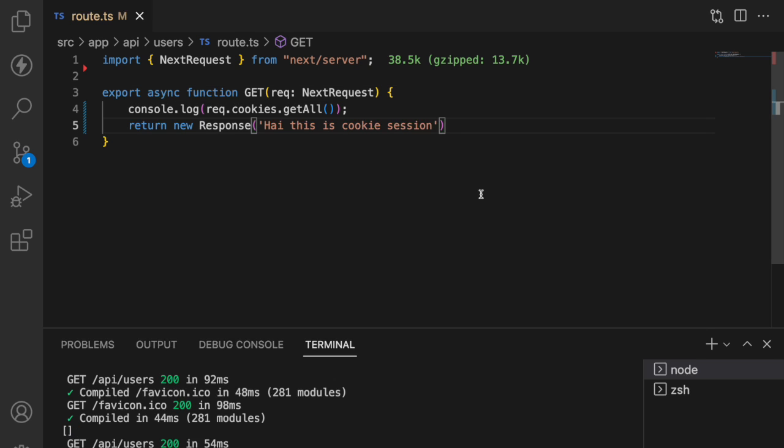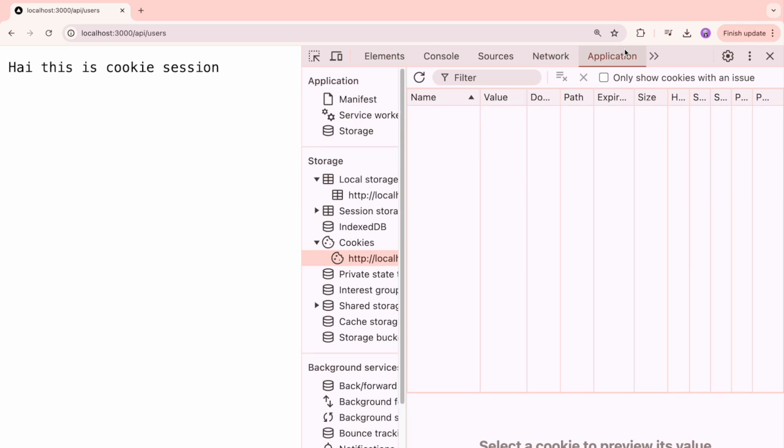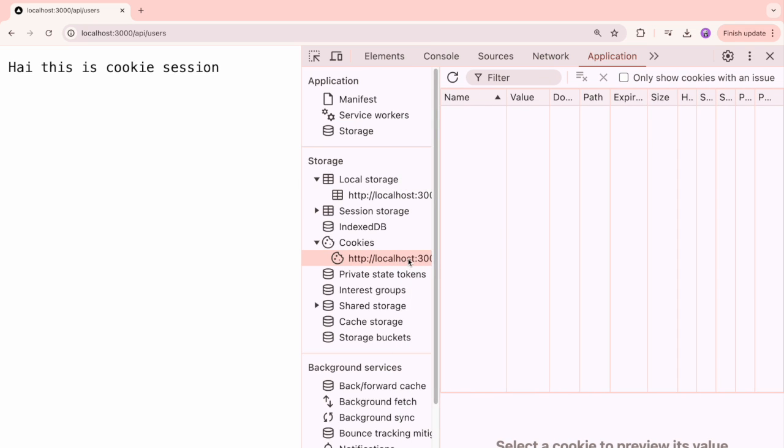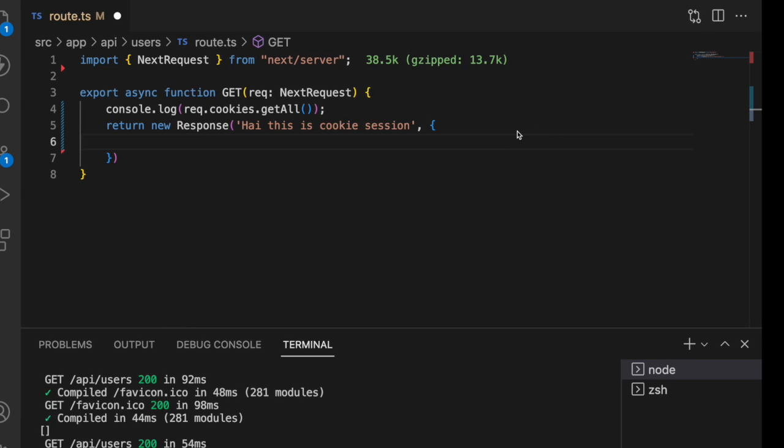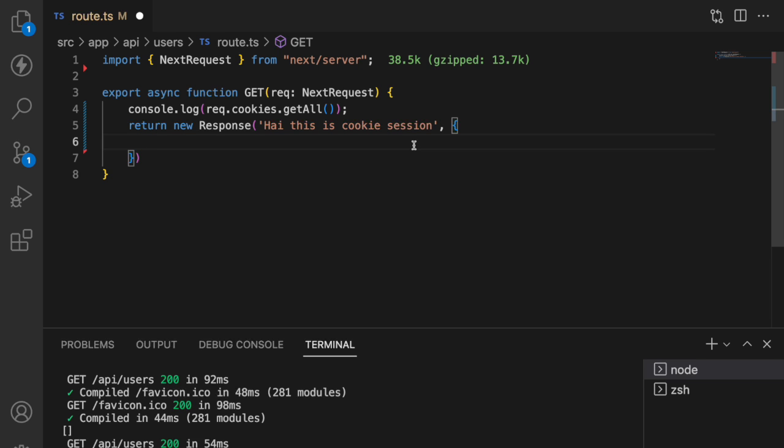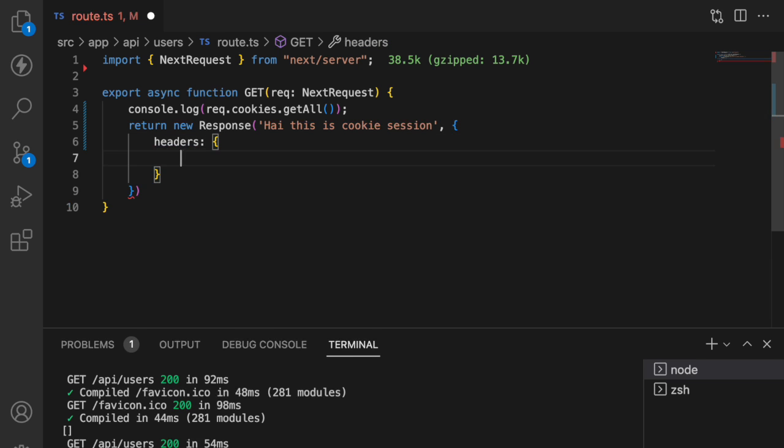So what I'll do is I'll just send the cookies from our API into the browser. Let me go here and show you something on the application. If you see the application, inside the cookies you have localhost 3000, and you don't have any properties inside these cookies. What we'll do is we'll send it from our headers, that means response headers. It has a property called Set-Cookie,